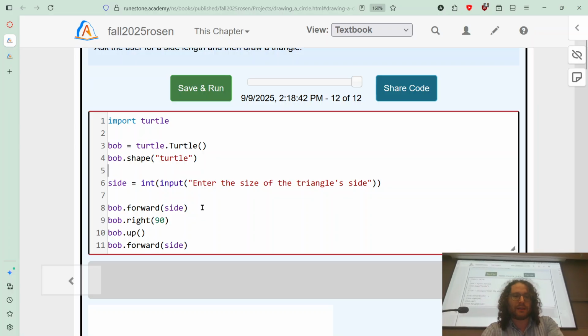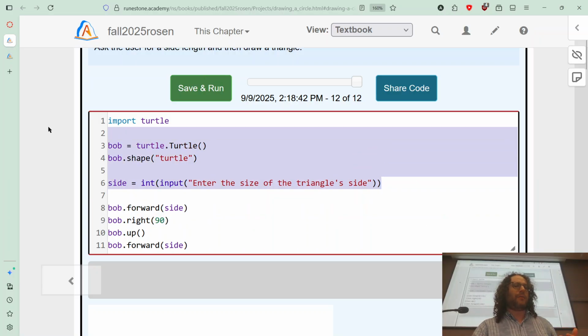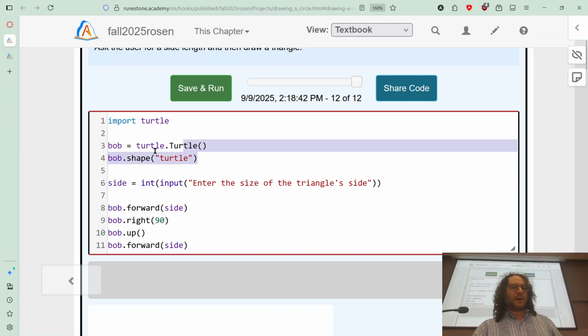All right, so if you got it, great. If you didn't get it, don't worry. I'm going to give you the answer right now. So the first 4 lines basically are going to be almost exactly the same for the rest of our exercises. They're always going to be import turtle, then Bob is equal to turtle to create our turtle. Bob.shape is completely optional. That just makes him look like a turtle, and that makes me feel warm and fuzzy on the inside,